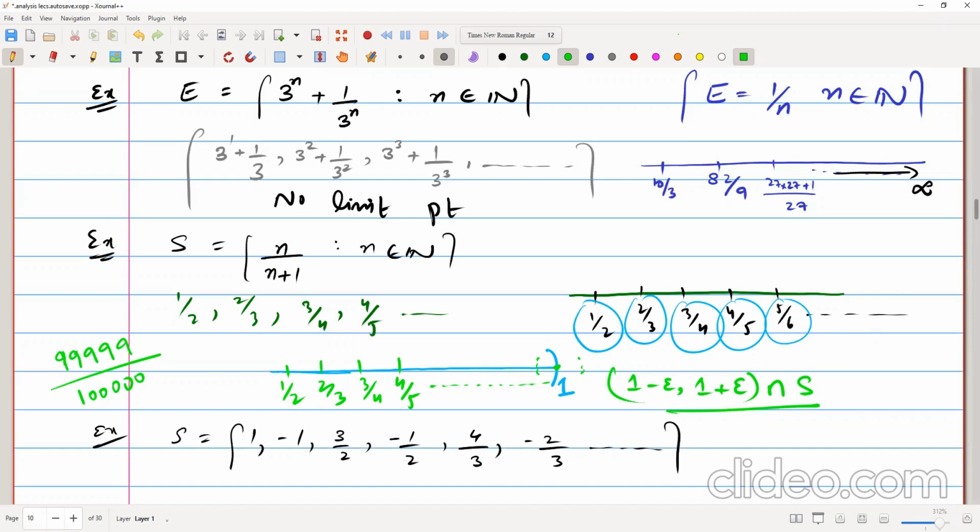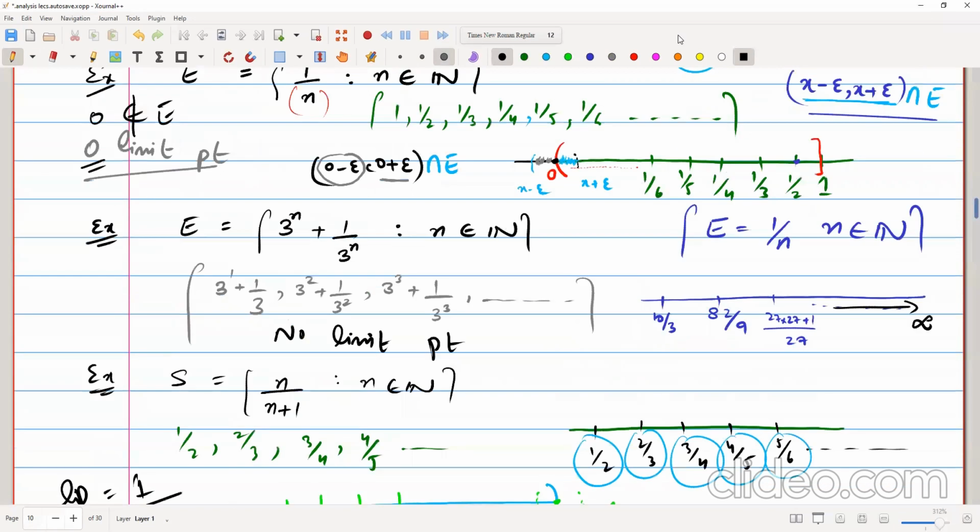It will be 0.999999999, something like this. So we are going nearer and nearer to 1, okay? So we have this 1 minus epsilon, comma, 1 plus epsilon intersection as infinite. That's what we need. So the limit point of this set is 1. The limit point, we call it LP, equals 1. Okay, now let's look for